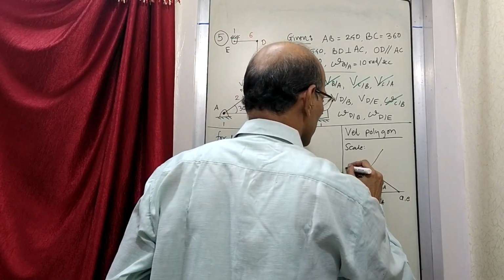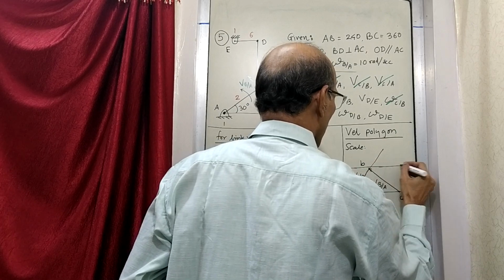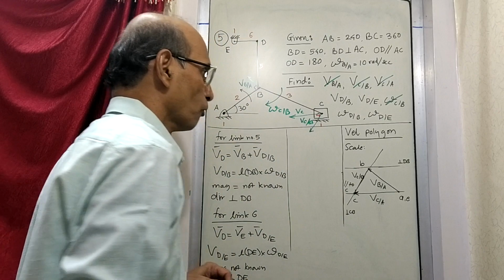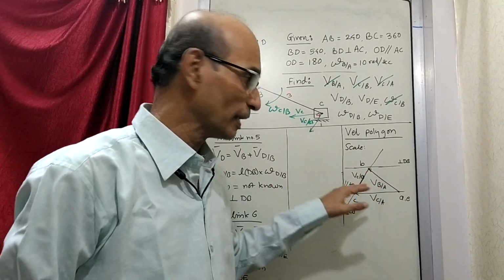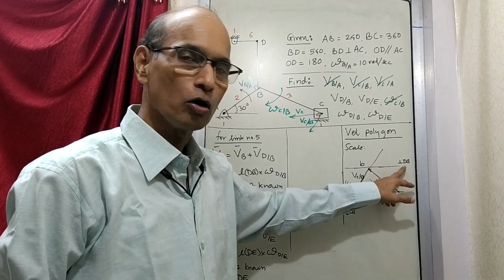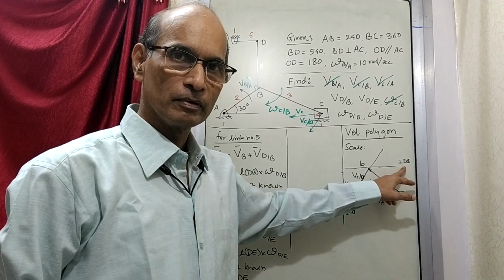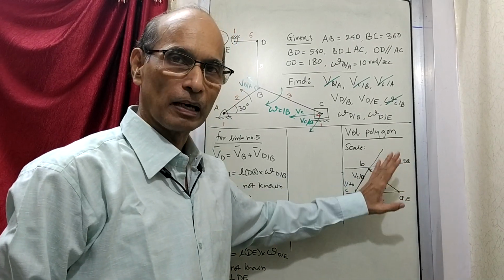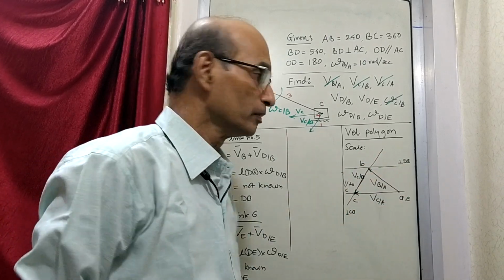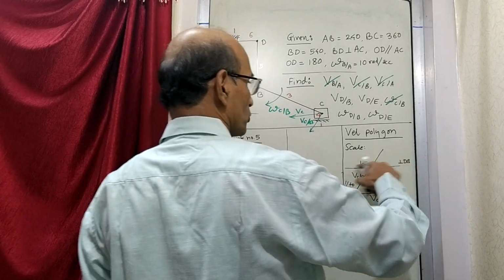So I will draw one line like this, which is drawn perpendicular to DB. Whatever lines we draw, first of all, they are all construction lines, light lines or medium lines, and you have to show how that line is drawn, whether it is perpendicular to something, parallel to something, whatever, that you have to mention, like what we have written everywhere. Now on this line somewhere there is going to be point D.